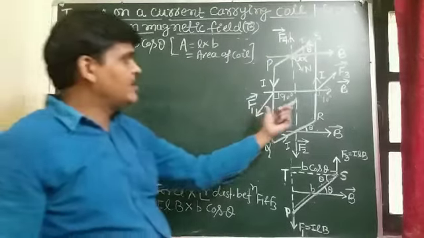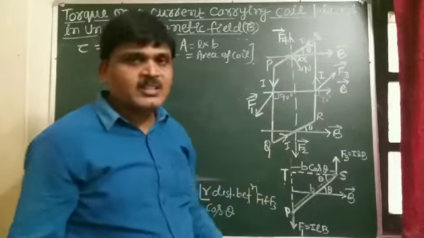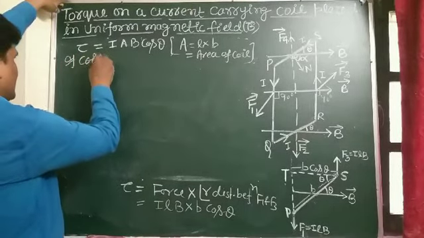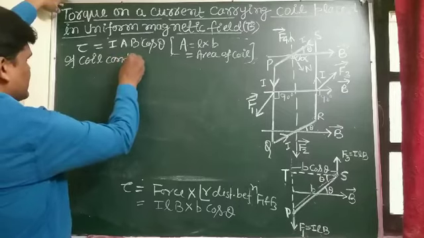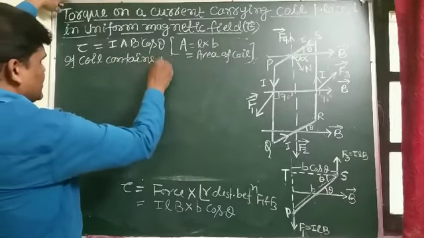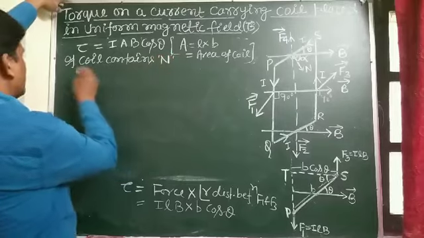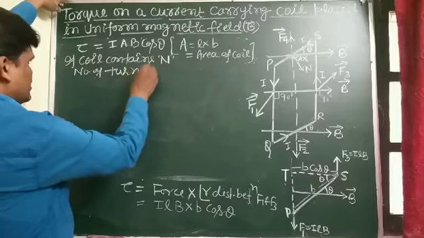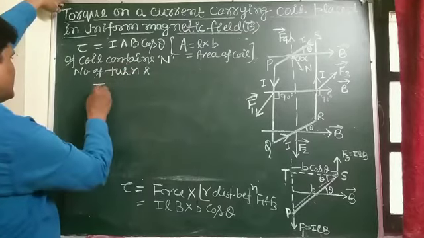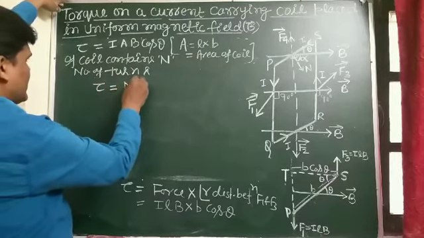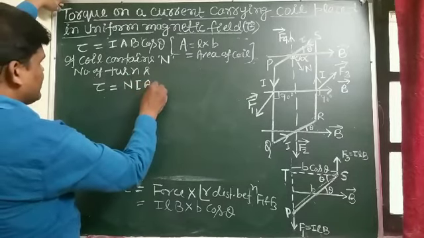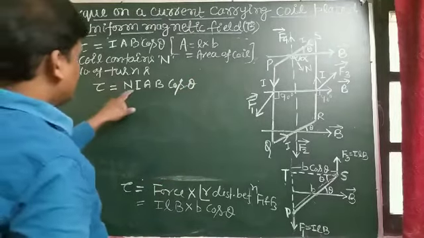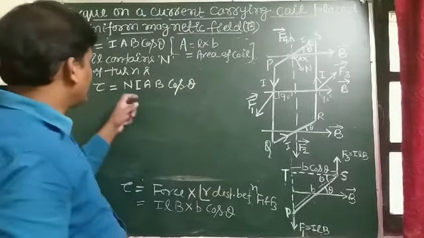If the coil contains n number of turns, then the formula comes out to be tau is equal to n I A B cos theta. And student,